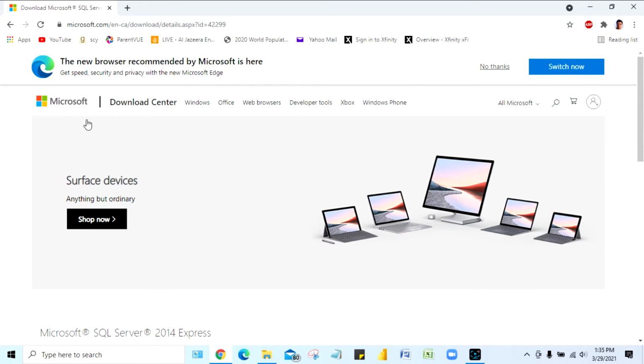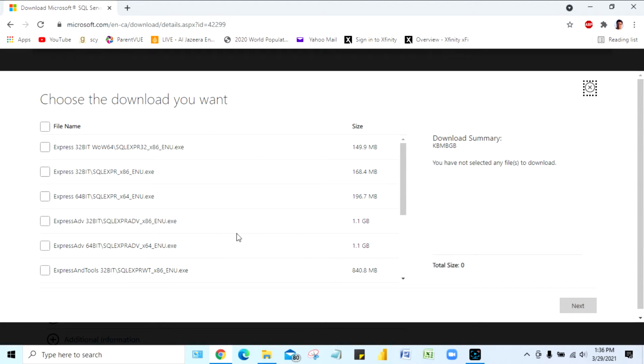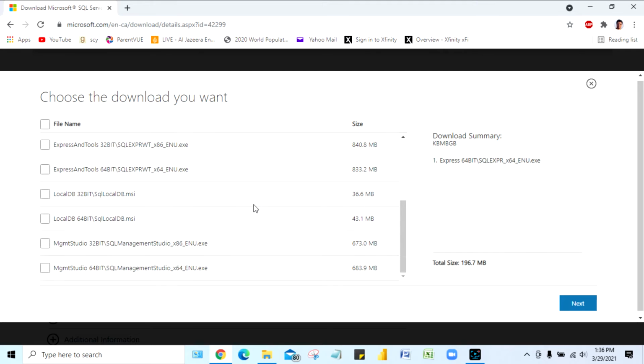It will take you to the Microsoft Download Center. If you go down, you just have to click on download. Here you can see Microsoft SQL Server 2014 Express. It gives you many different options. One is 2014 Express, this one, which is 196.7 MB, and the last one would be,